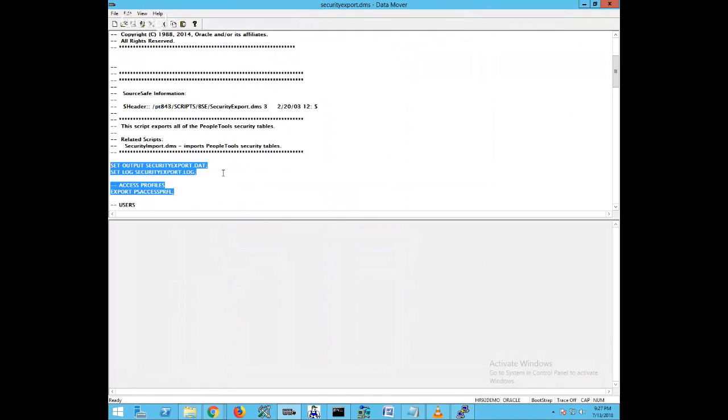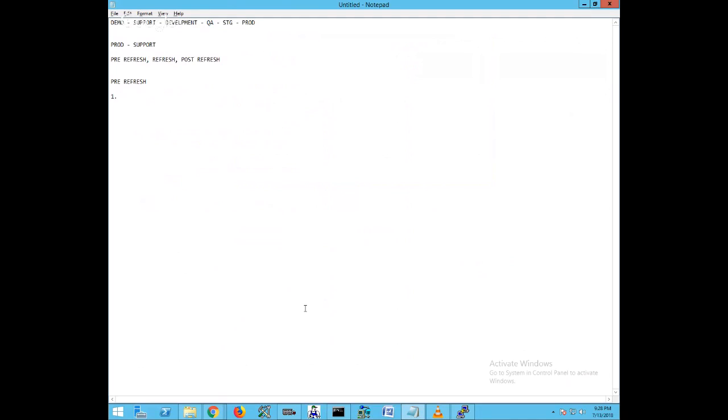We have some tables that need to be taken backup, like exported, like taking backup only. Those tables, we have a list of tables. What are the tables? PS_OPR_DEFN, it is where all the user IDs are present. We need to take backup of this table, and PS_OPR_ALIAS table is there. We need to take a backup of this also, and PS_ROLE